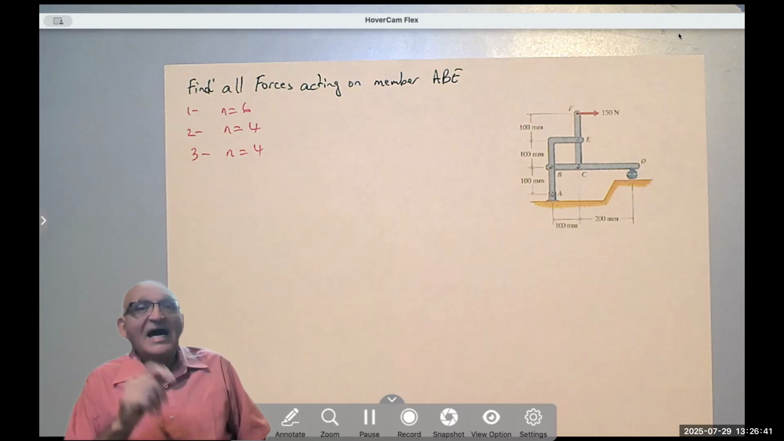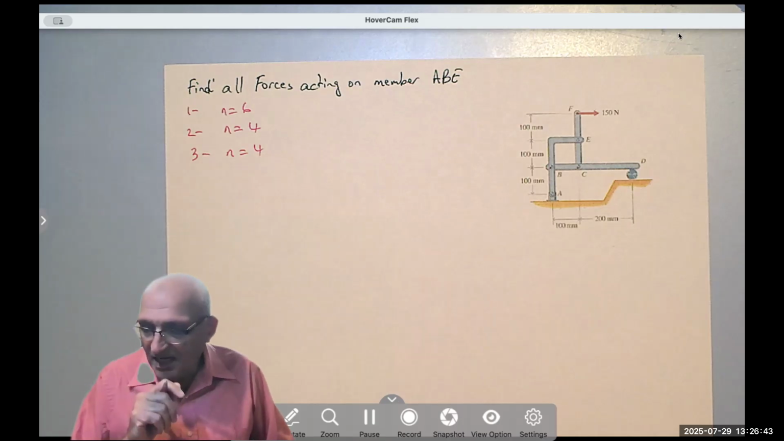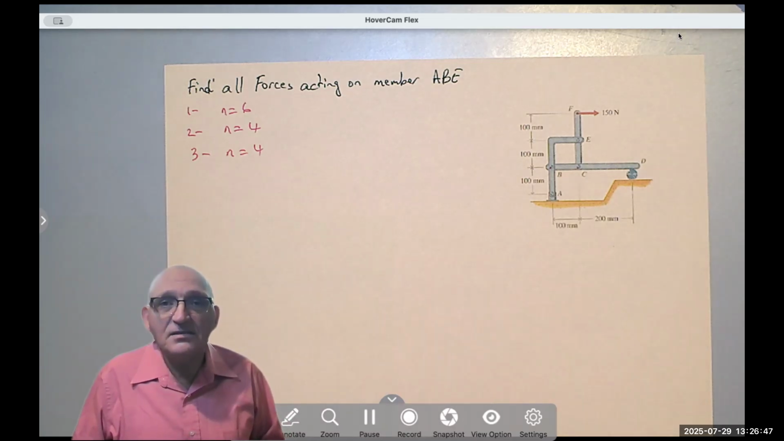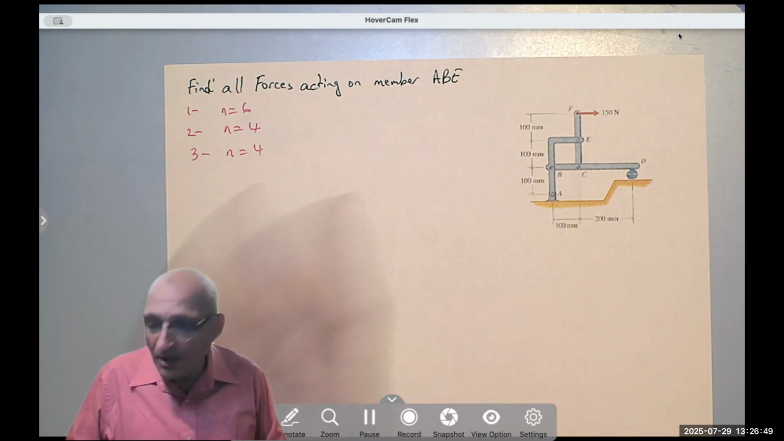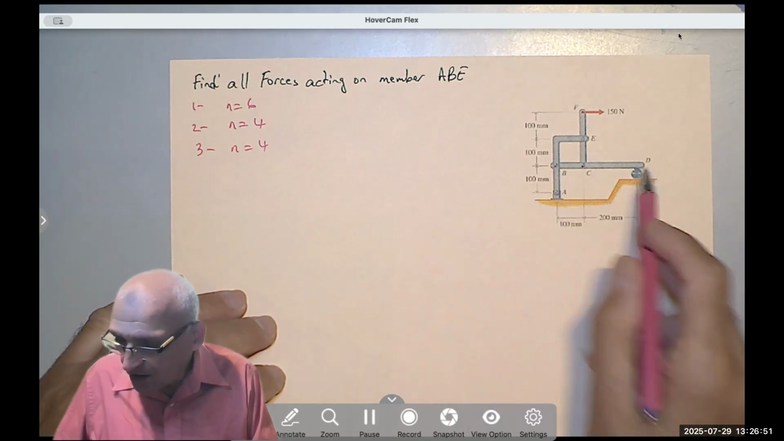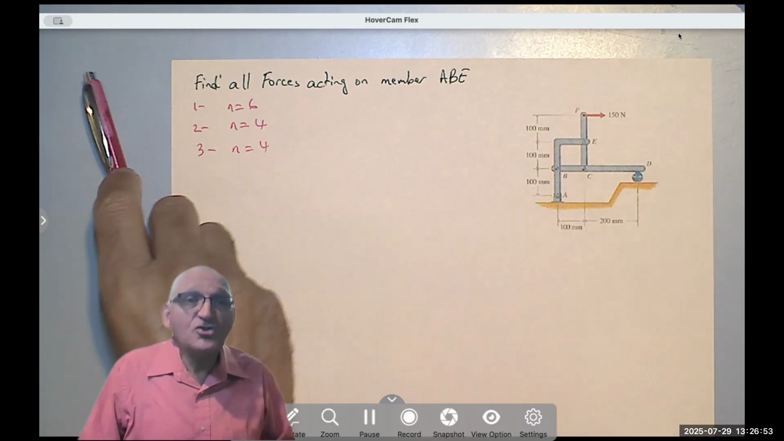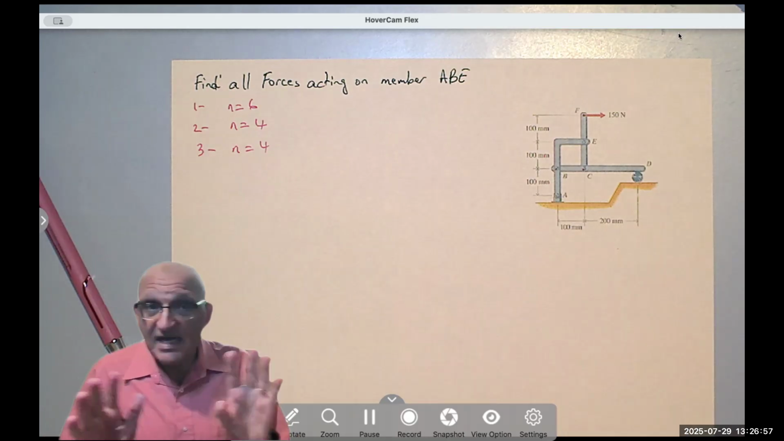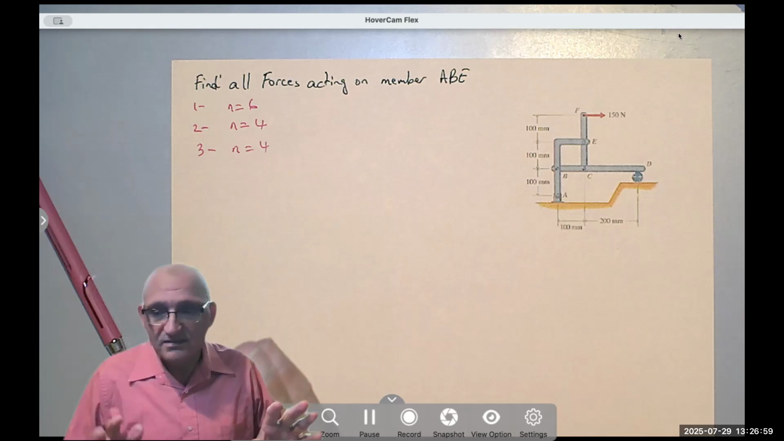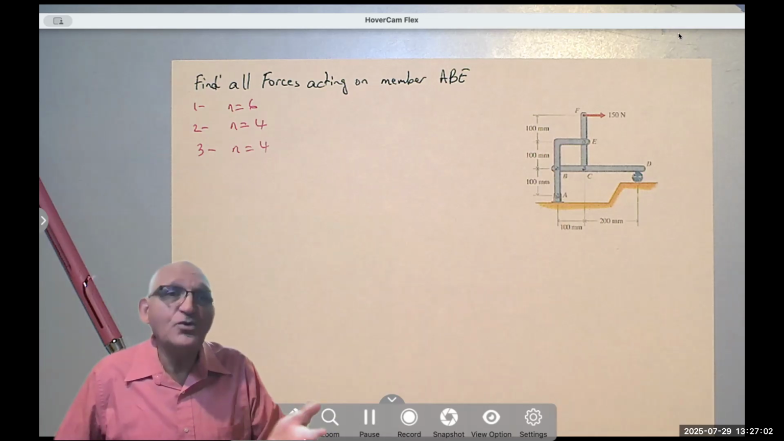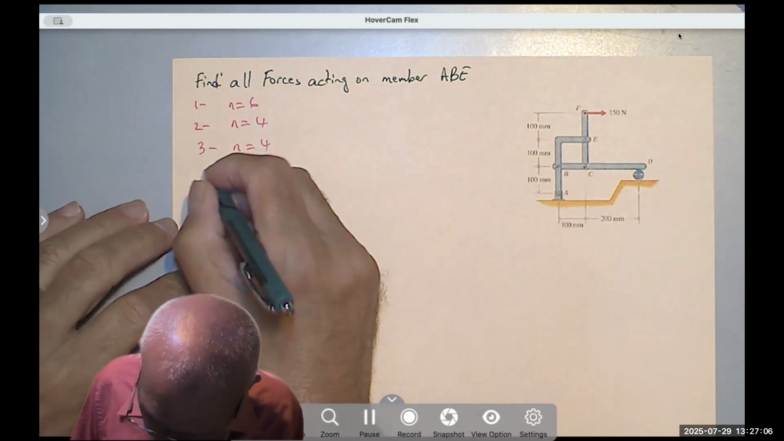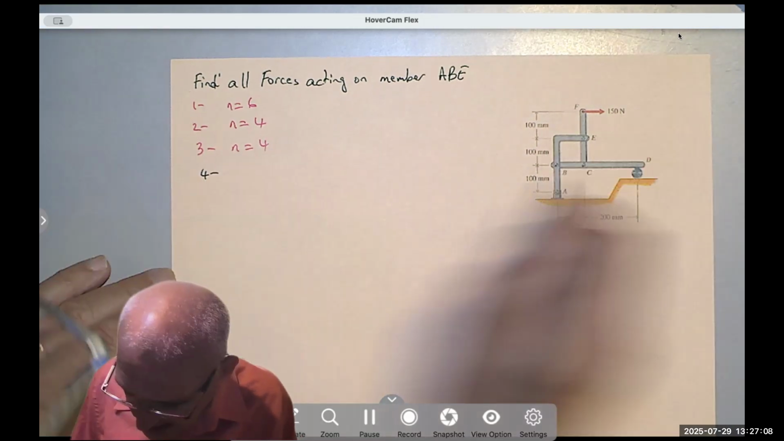That means I have to find an object connected to member ABE. Well, I have two members or two objects, BCD or CEF. So now I know I have to pick one of them and both are easy. I can pick any one of them, okay? In fact, I'm not going to do both, but we could just to show you, but I would say I'm going to pick CEF,